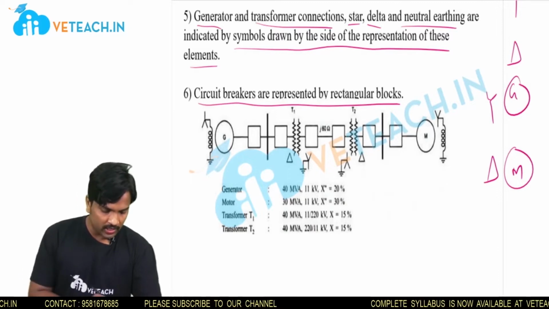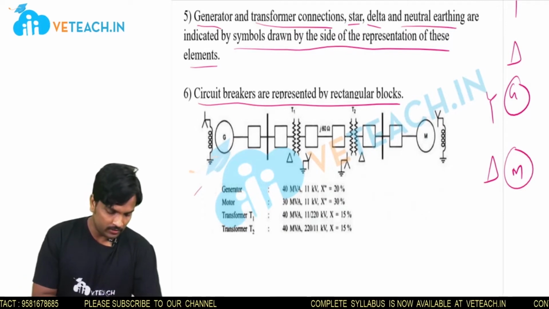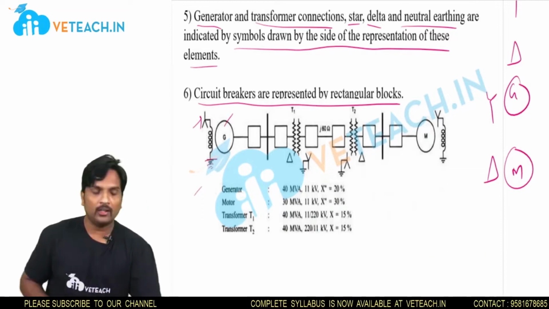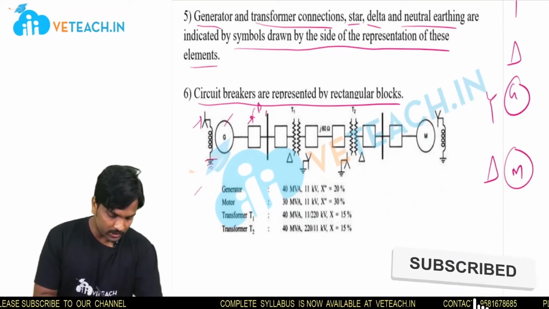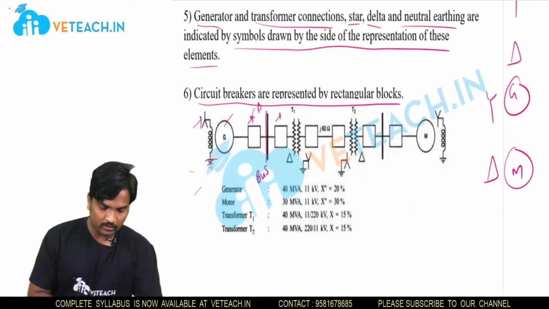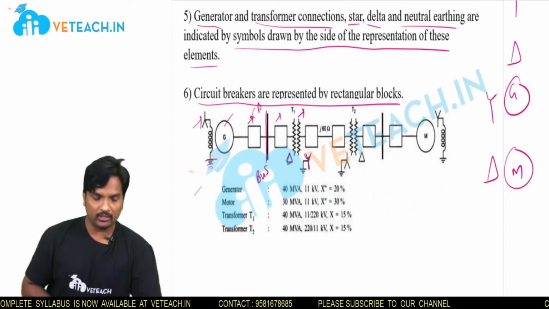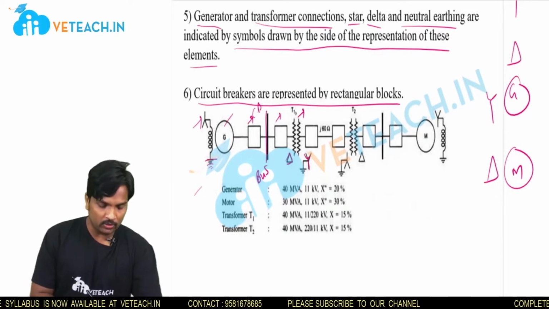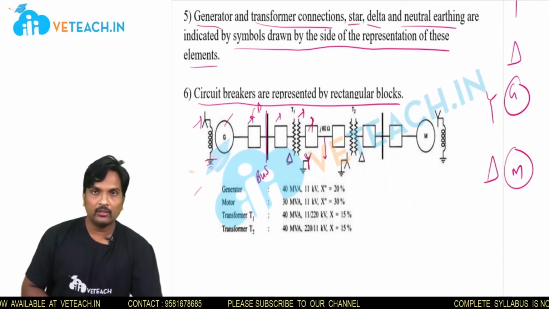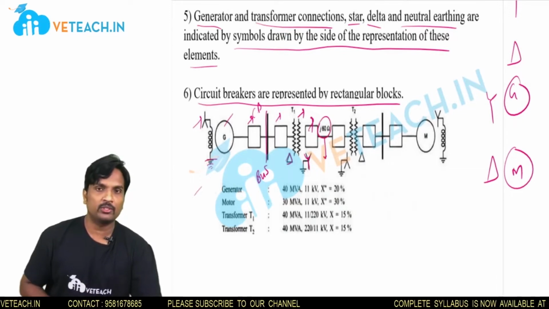See here, this is the single line diagram. This is the generator, and this is the star connected generator where it is grounded. This is the circuit breaker, and this is bus. This is transformer, and moreover it is a delta star connected transformer. Delta and star for transformer T1, and this is again a circuit breaker, and this is a transmission line which is having the value of j60 ohms.